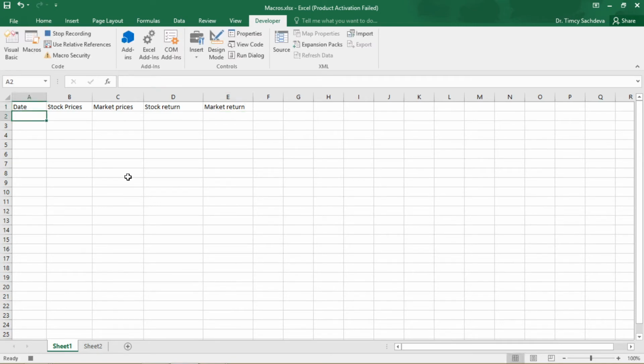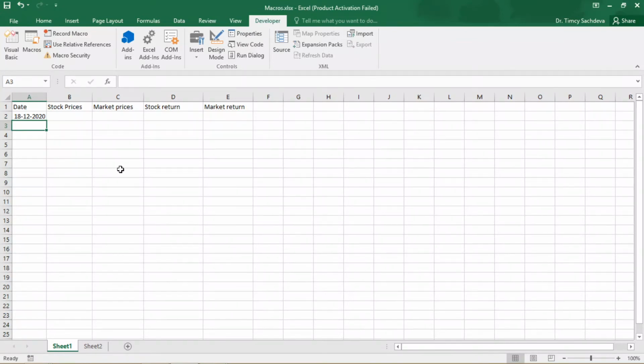Then I just type one date, today's date. I use the function equal to TODAY, open bracket and close bracket, and enter. So you will get today's date. This is the recording which I have done, and everything is recorded. I click on the stop button.